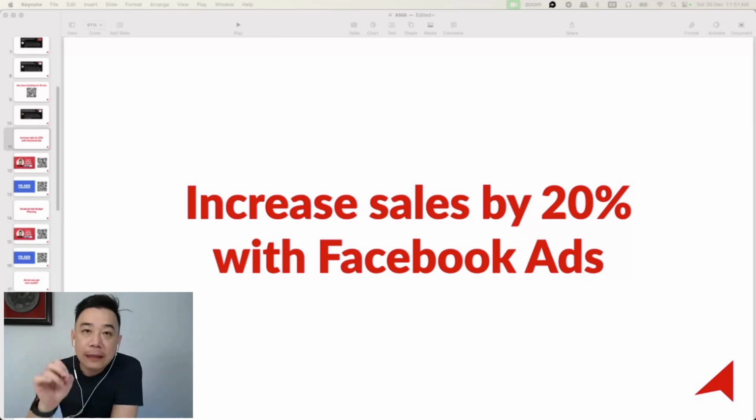The answer is definitely not about adding 20% more budget into your Facebook ads campaign. It's not as simple as that, right? So